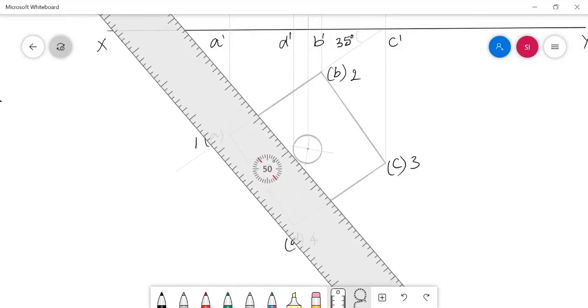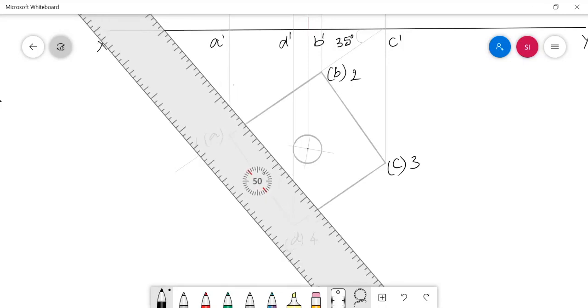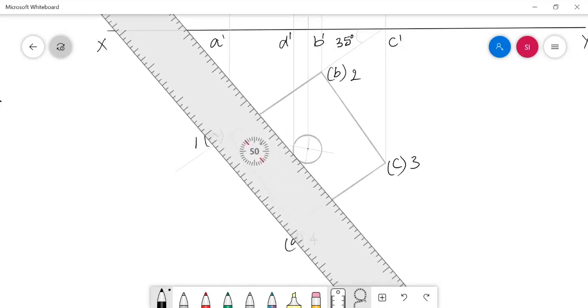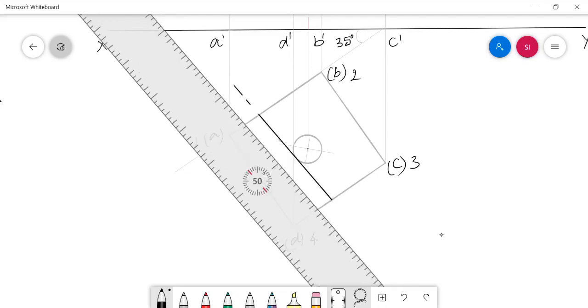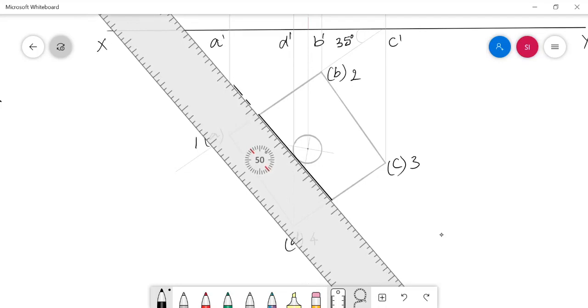With this cutting plane, I am going to cut the solid with the proper format used for the cutting plane. That is in this way. And here, as per the condition, your cutting plane should be tangent to the guide circle. Then you can maintain the required 6 mm distance between the cutting plane and the axis of the solid.